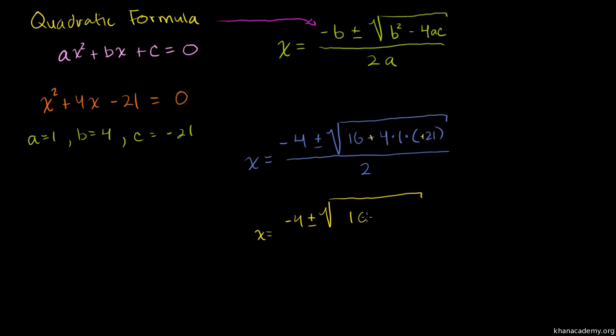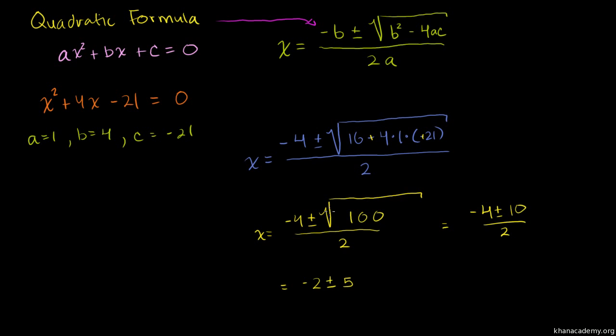Well, that's nice. It's a nice perfect square. All of that over 2. And so this is going to be equal to negative 4 plus or minus 10 over 2. We could just divide both of these terms by 2 right now. So this is equal to negative 4 divided by 2 is negative 2 plus or minus 10 divided by 2